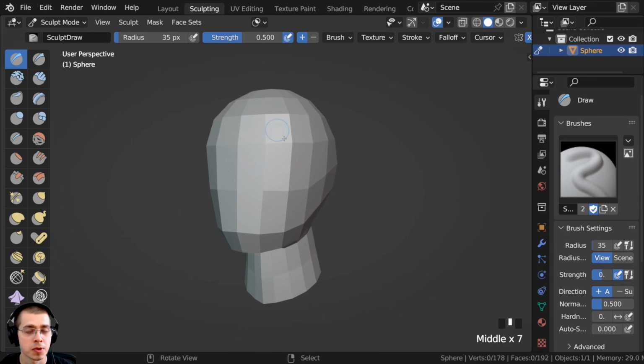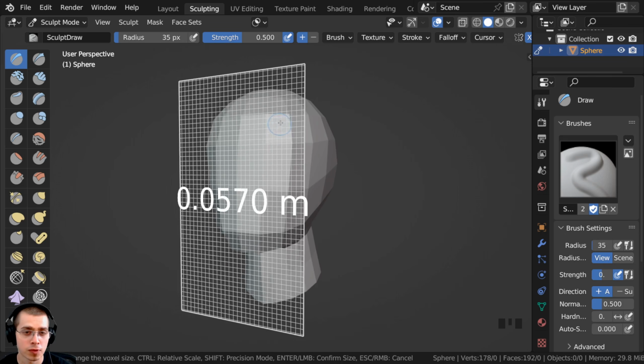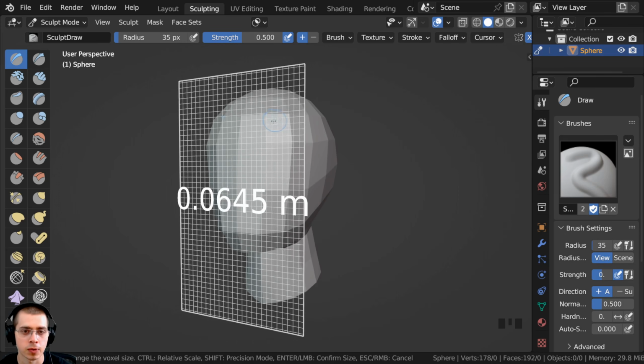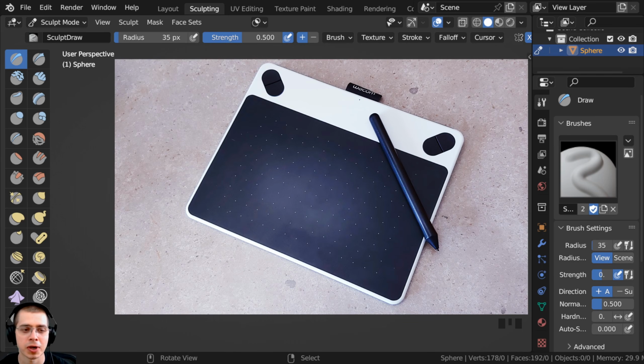So I've just created this simple head base mesh, and I'm going to go to the sculpting layout. The main reason why you use the remesh feature is to add more geometry to your sculpt. To use it, make sure you have your object selected and make sure you are in sculpting mode. Now you can press the R key, which brings up this grid, and you can move the mouse around to change the size of the grid. Or in my case, it is a tablet,